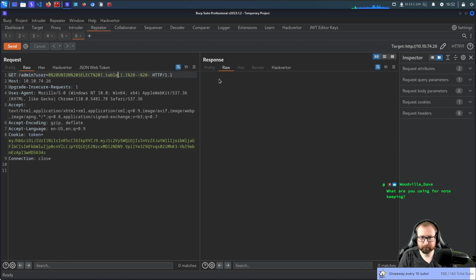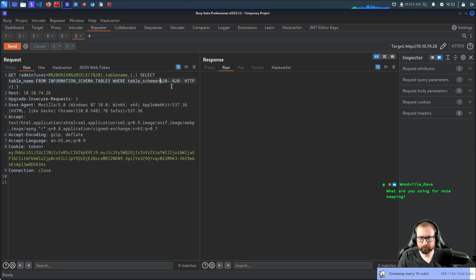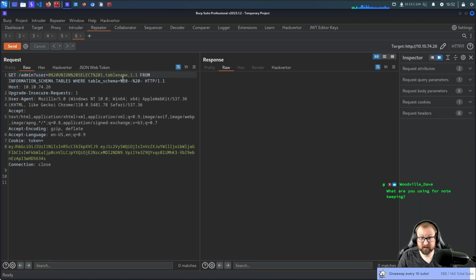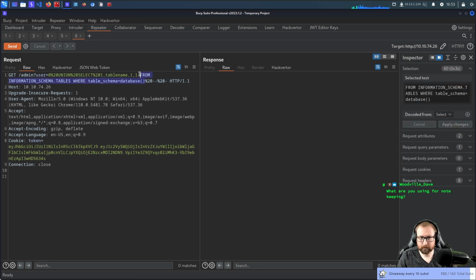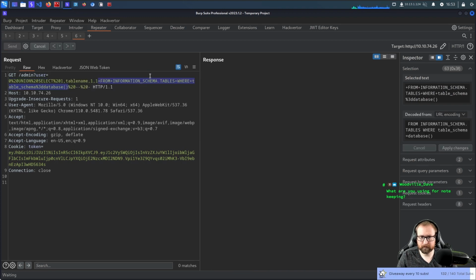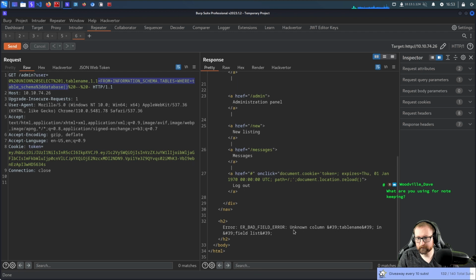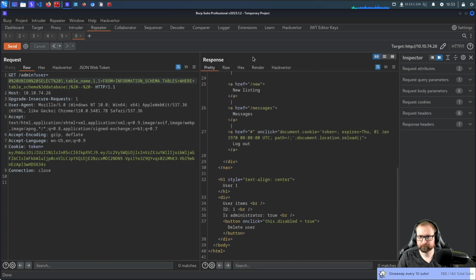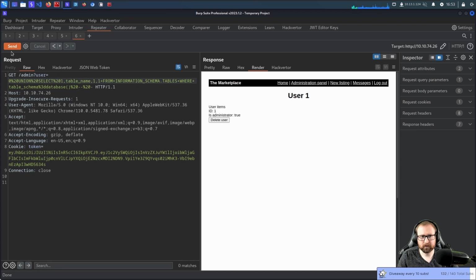So we need table name from information schema where table schema equals database, and URL encode that. Unknown column, what? Oh, table underscore name. I'm going to render. Hopefully the render isn't doing anything. No. Okay, items.